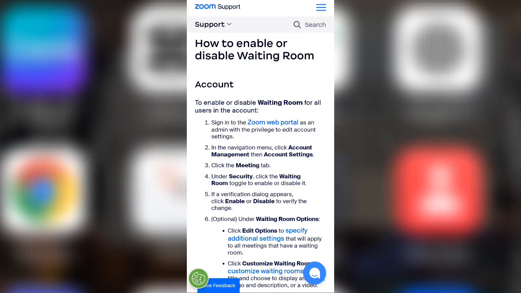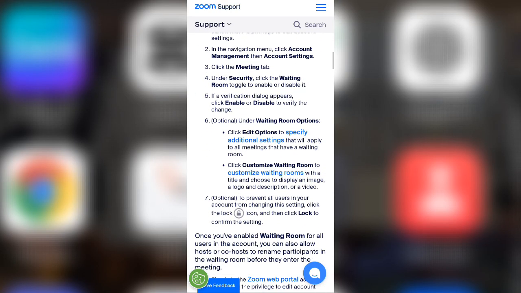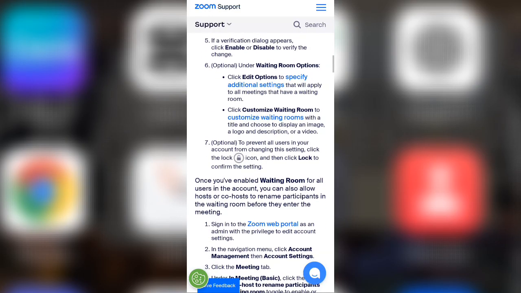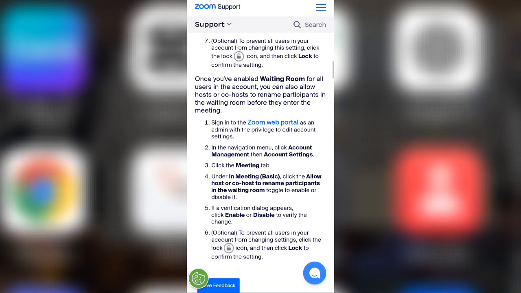First, open the Zoom app on your computer and sign in with your account. Click on your profile picture in the top right corner and choose Settings from the menu. In the Settings window, go to the Security tab, where you will see the option for waiting room. Check the box to turn it on, and this will make sure participants go into a waiting area before joining